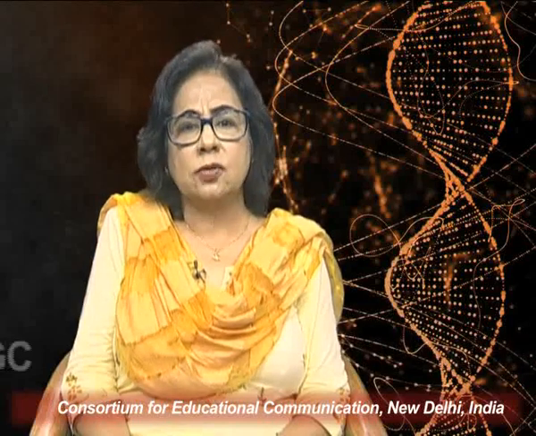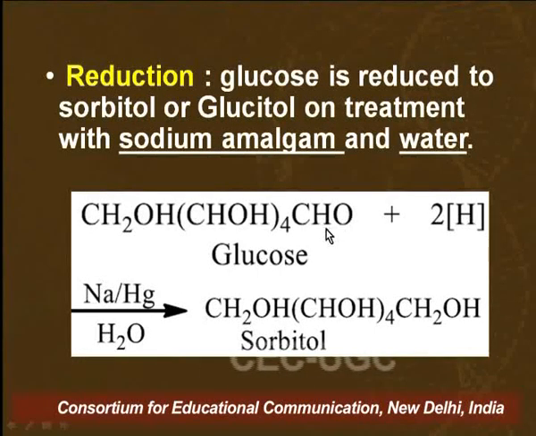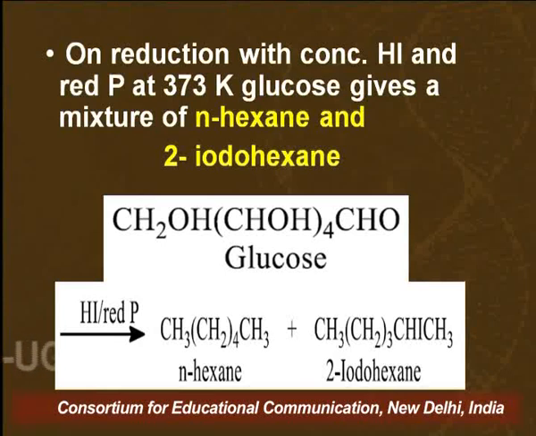Now I would just like to go back to this reduction. When we are carrying out the reduction with sodium borohydride, what we find in the case of glucose is that we will get only one alcohol, which is sorbitol. But when we discuss fructose, we will find that fructose will give us two diastereomers, because in that case the reduction will be carried out at the ketonic carbon, which is the second carbon. So we will be generating a chiral carbon there. So in this reaction, glucose and fructose will differ.